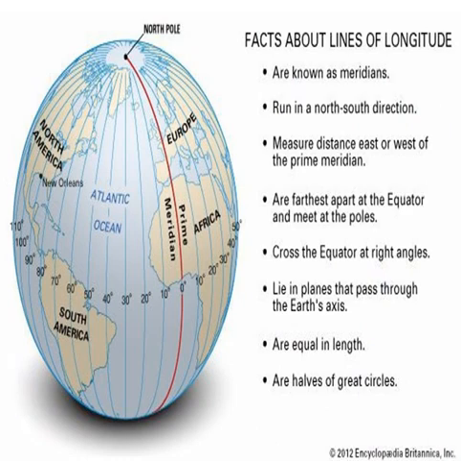So, longitudes or meridians are a set of imaginary lines running from the North Pole to the South Pole. The prime meridian is at 0 degree. When it moves towards the eastern hemisphere, it has 180 meridians in the east. When it moves towards the western hemisphere, it has 180 meridians in the west. All these together are halves of great circles, and they are all equal in length. They all pass through the Earth's axis and cross the equator at right angles.